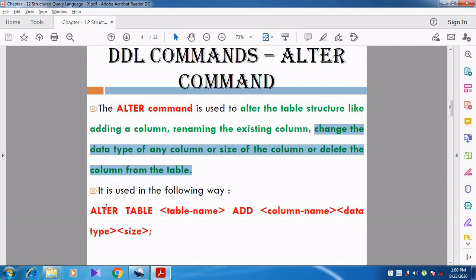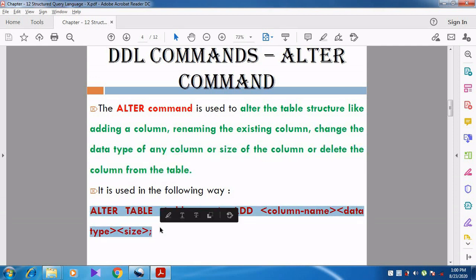First we are going to see adding a column. How do we add a field to an existing table?